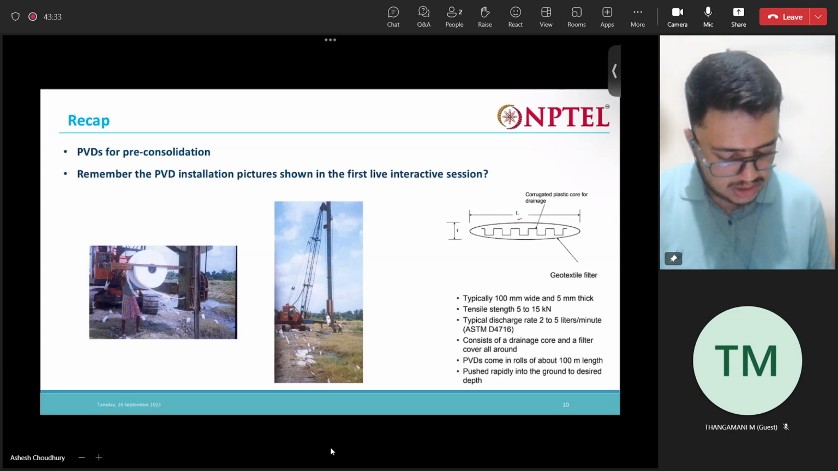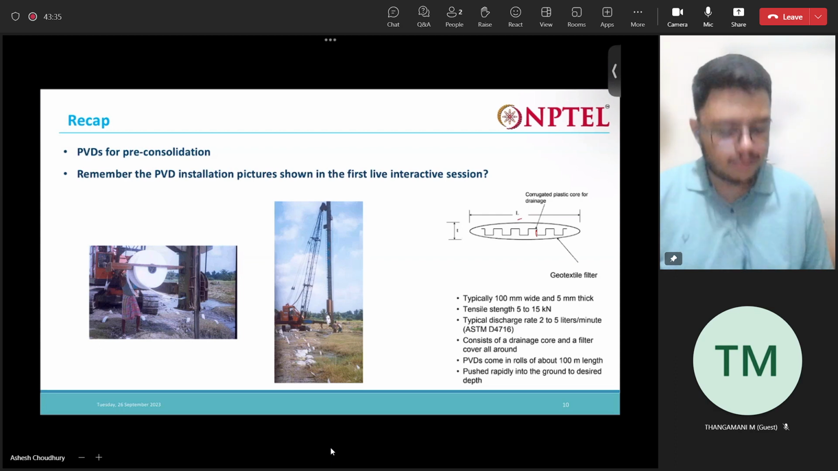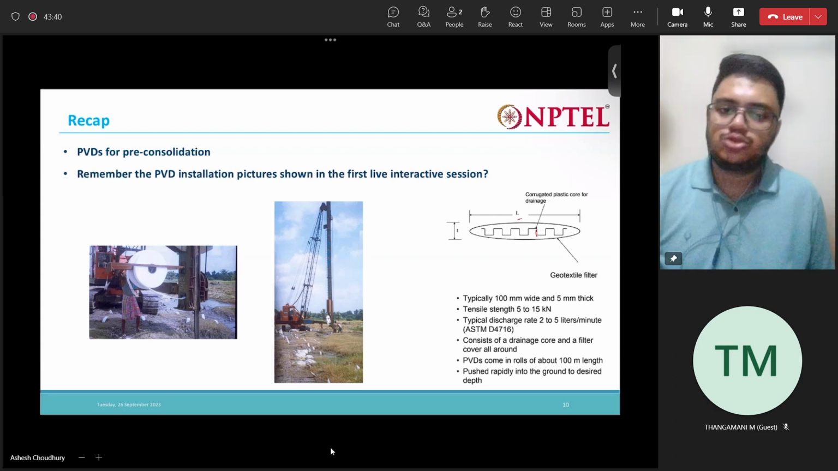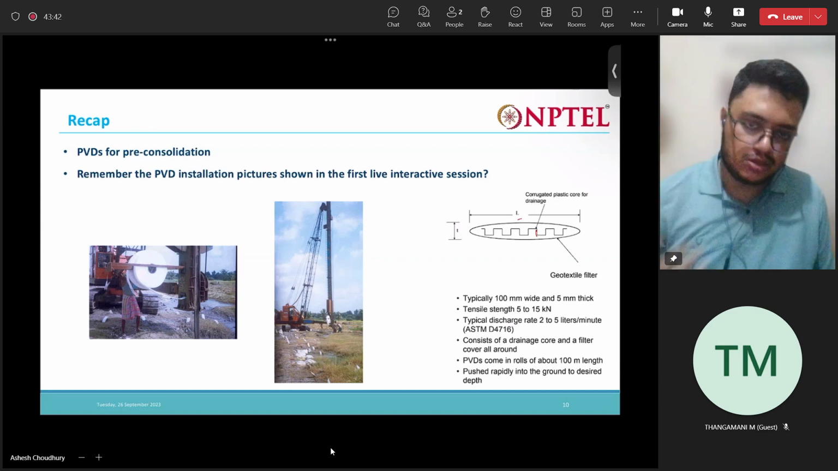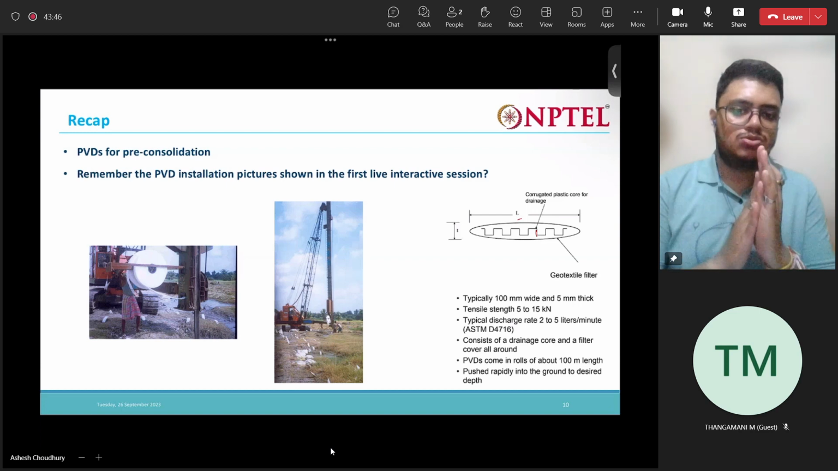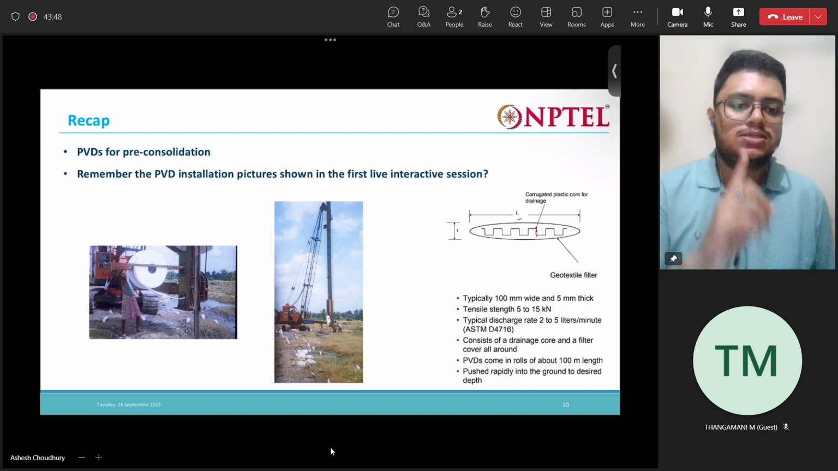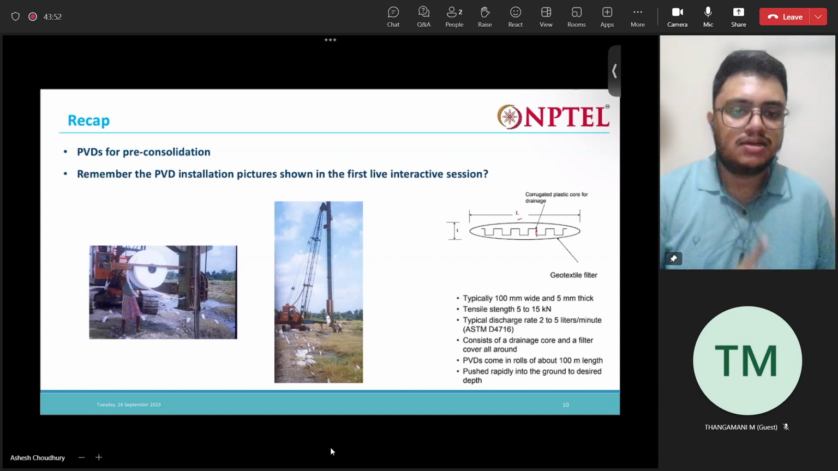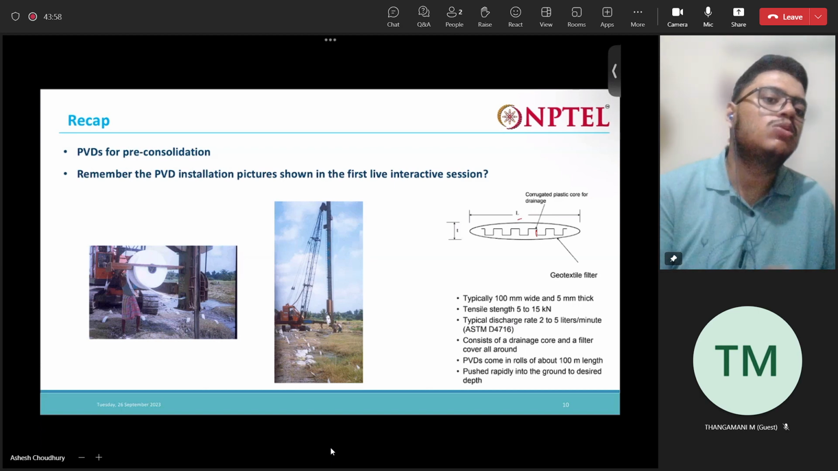A PVD consists of a drainage cord and a filter. The drainage cord is made up of corrugated plastic, and it helps the water travel through it. Surrounding that we have a geotextile filter. What is the purpose of this filter? This filter allows only water to